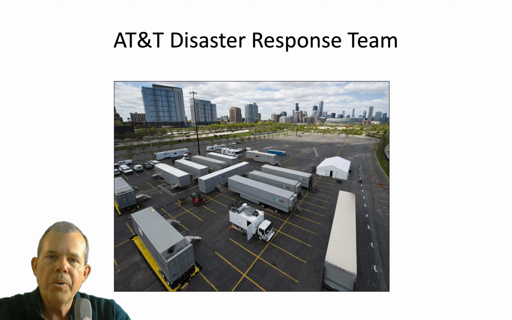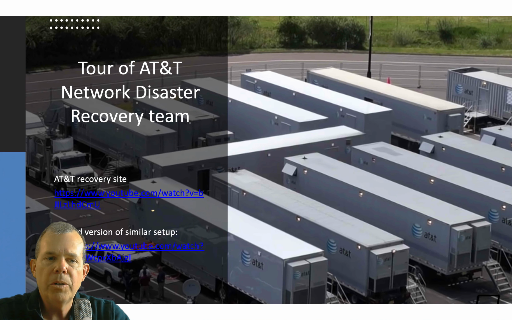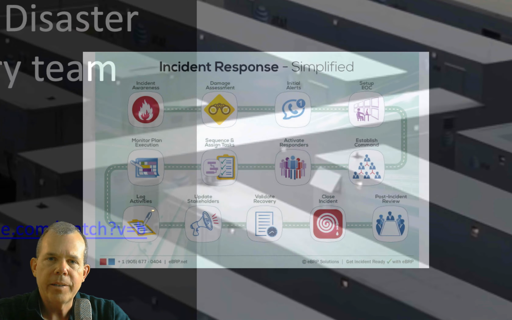So if you were to Google the idea of a disaster response team, you're going to find that the cell phone companies are pretty good at spending money and planning for outages. After all, they have a worldwide network. They have to have customers online. They have emergency responders. And so I'm going to put some links here to show you some good interviews about AT&T's plans, where they have these mobile units where they can set up a literal office in a parking lot somewhere. After the hurricane knocks out the service, they can come in and recover as quickly as possible.